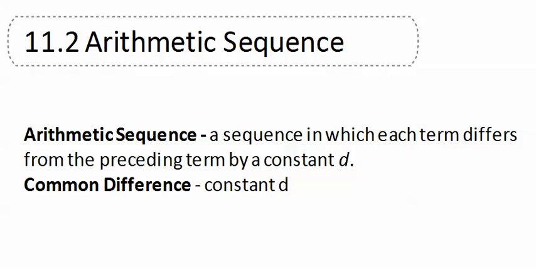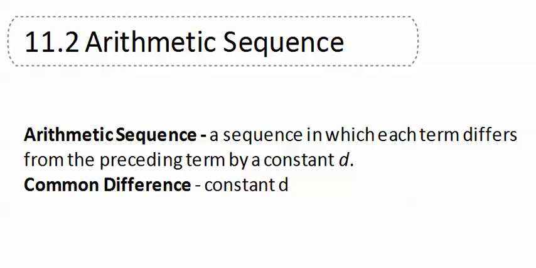In 11.2, we're going to talk about arithmetic sequence, which is a sequence in which each term differs from the preceding term by a constant term d. What we're going to call d is a common difference. Basically, what you're going to be doing is adding or subtracting from the previous term. And it doesn't necessarily relate directly to the term itself, but again to the preceding term, unlike the last section